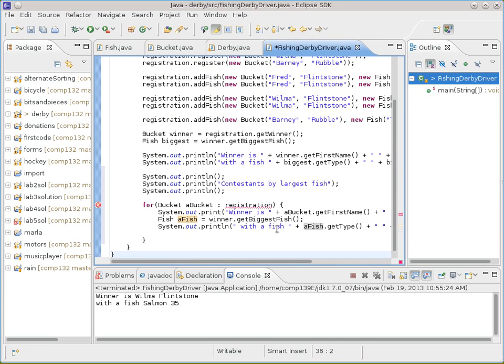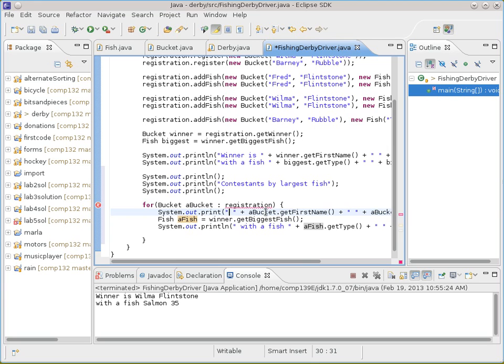So something like that. Go through each person that's been registered, each bucket that's been registered, print out their name. So just get rid of that. Their first name and last name along with whoever their biggest fish was. So that should be a bucket. Something like that. But we got this problem here that